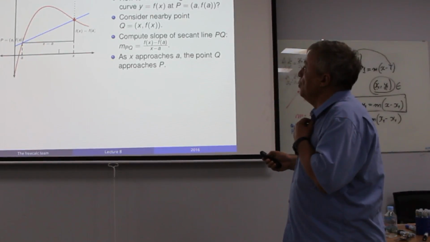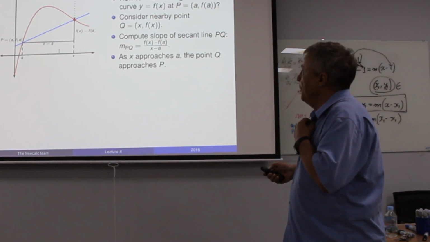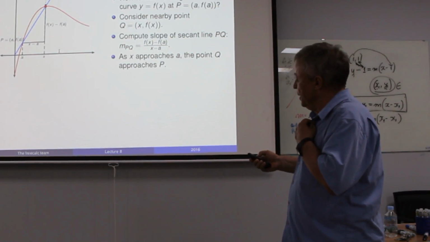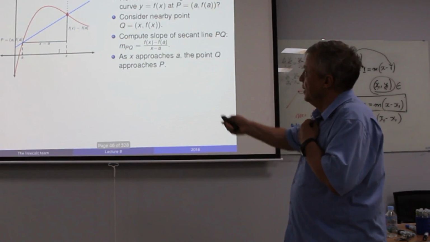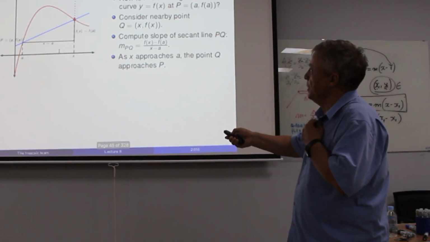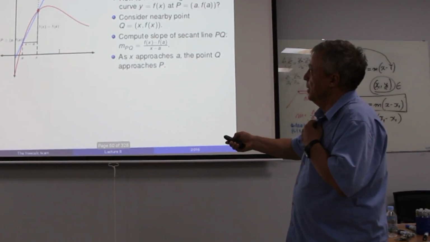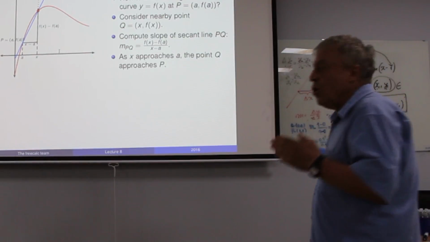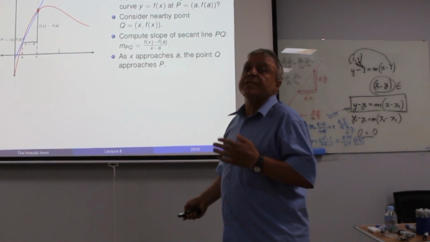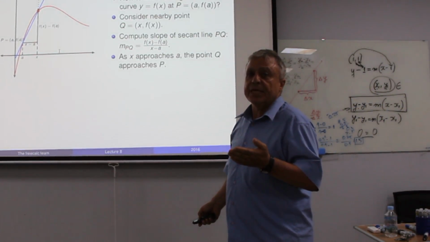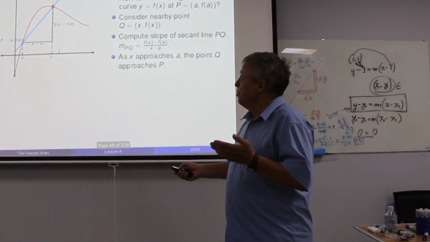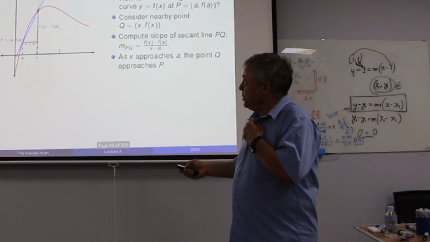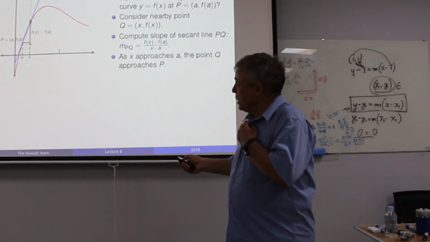And then Q goes closer and closer to P, and here is how we're going. Look here at the plot. What happens? Now, would you agree that the blue line becomes closer and closer to the tangent line? Makes sense? The blue line at the moment is far away from the tangent line, but as we continue to put x closer